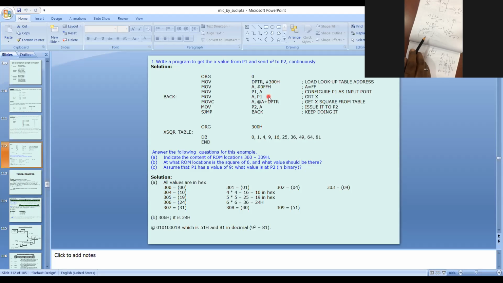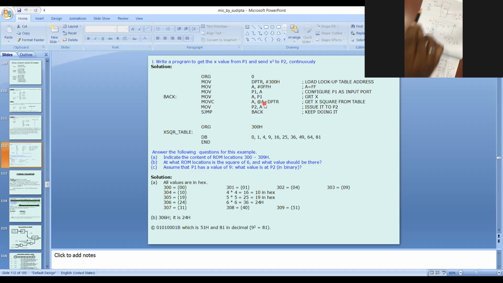Now what will be the content of A after the first instructions? That is x, that is 3.